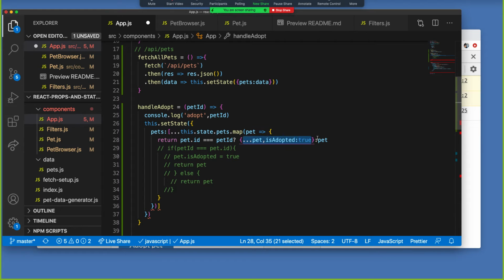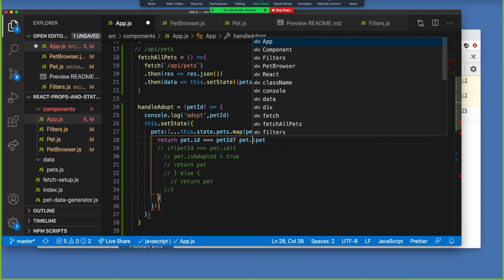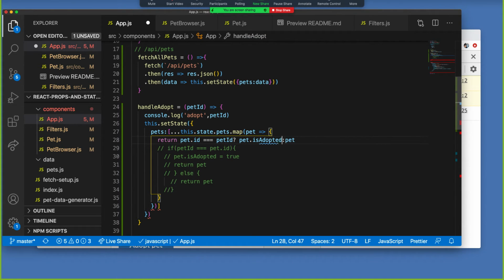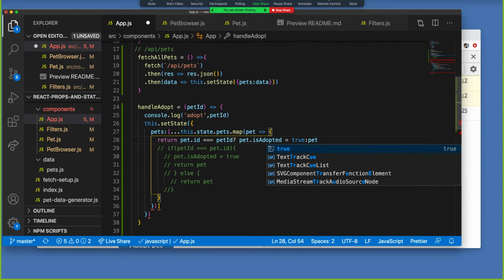Because this is making a copy. If we didn't do this here, if we tried to do it like this, we would need to do pet.isAdopted equal true, but there's no way for us to return pet in a single ternary like this. What this does instead